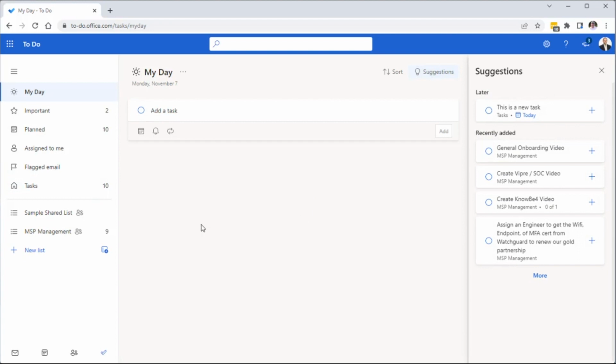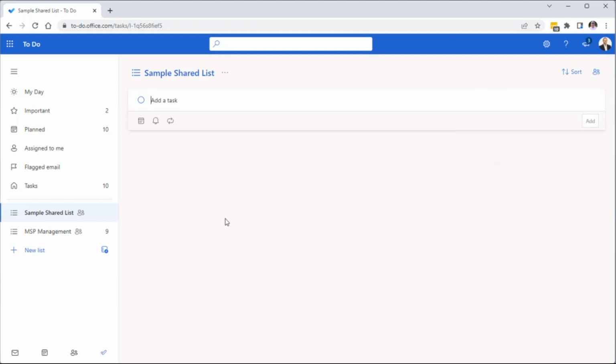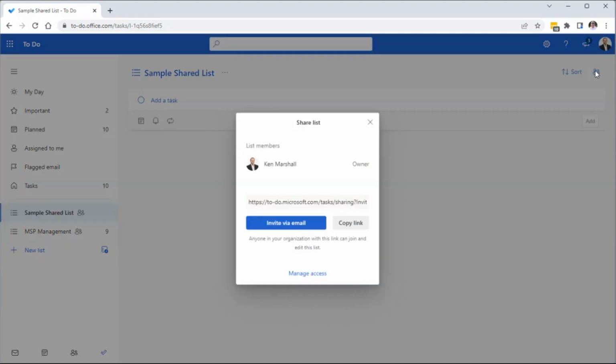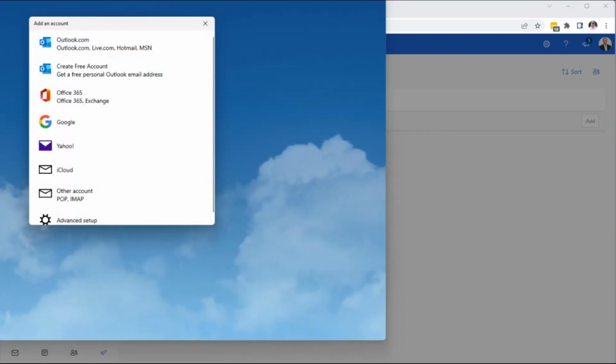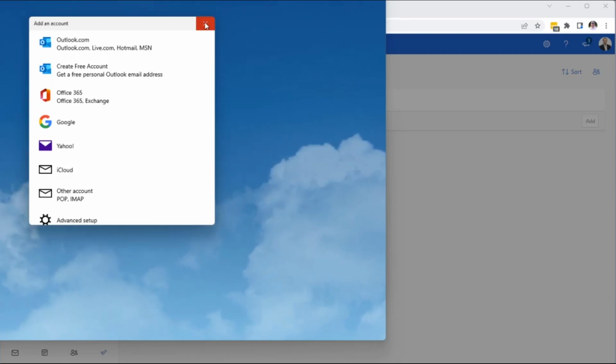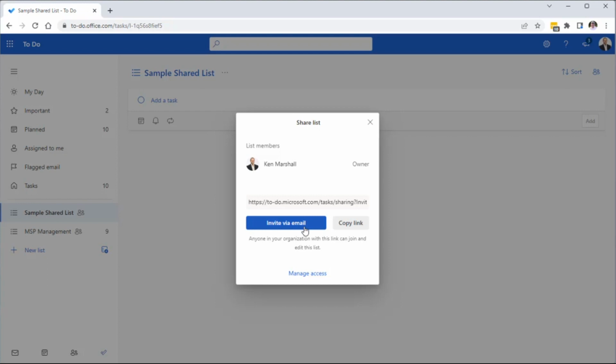Where this gets really handy is any of the lists that we create can allow us to collaborate with other people on our teams. So in this sample shared list that I created, I can click on the list of people who are in this section of my to-do list, and I can invite people via email. So if I select this option to invite someone, it's going to open up a new email message and allow me to invite them, or I can copy the link